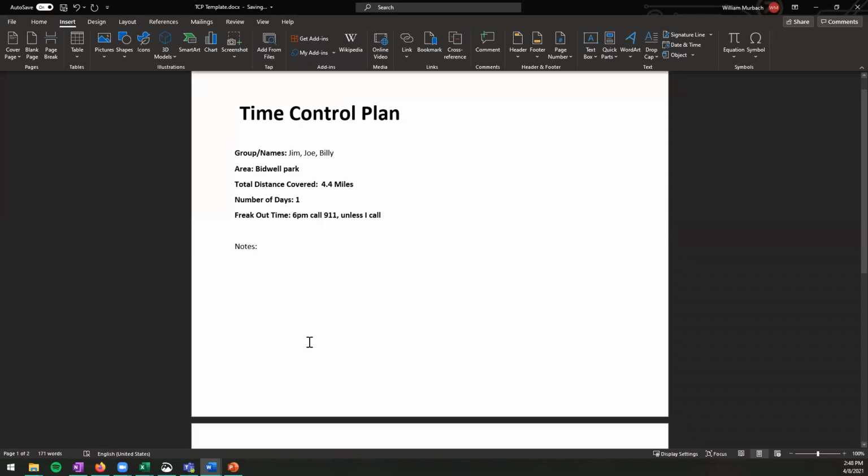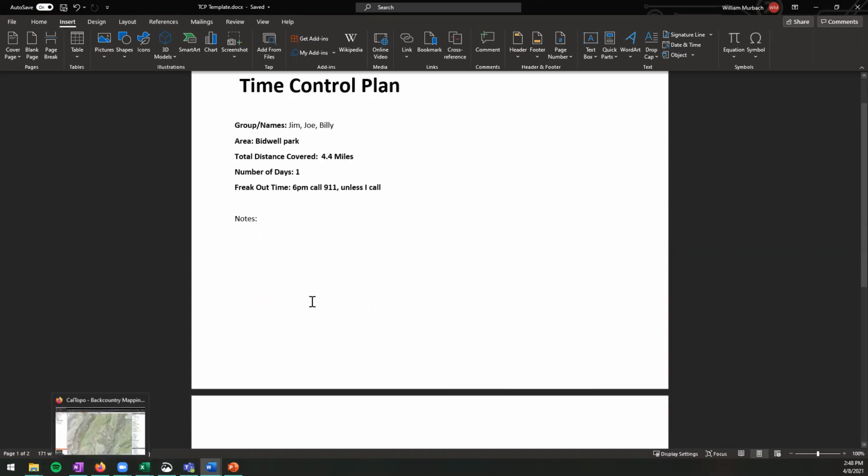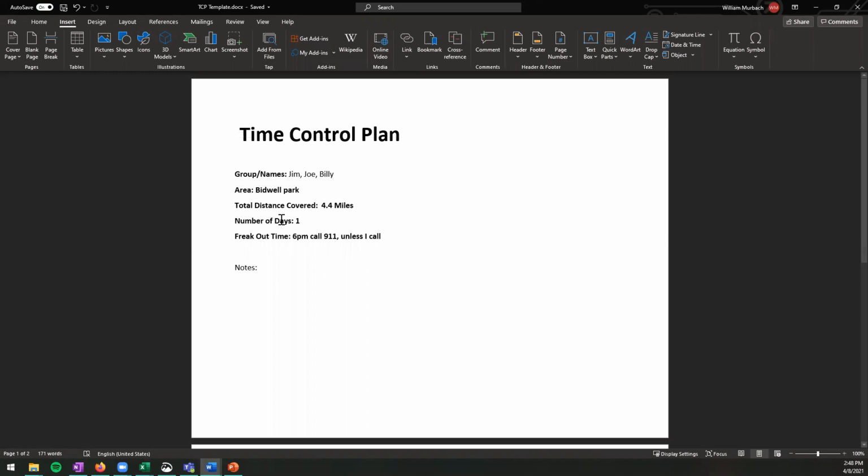In this notes section, put any area hazards, any cool things to look out for. Is it a wildflower bloom? Cool things. It doesn't have to be all serious, all hazards. So the first step we're going to do after we've kind of filled out our general idea, and even probably